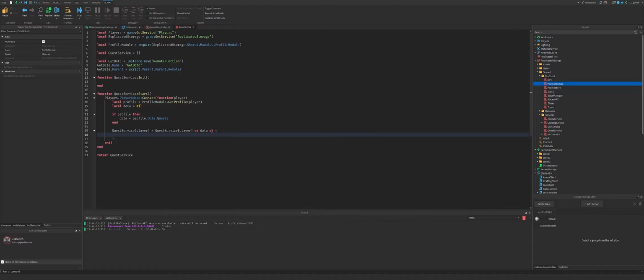empty table. And inside this empty table, we could put in all of the data we want to store for our quests. So things such as the quest the player currently has active, the quest the player can do, and the quest the player has completed. Or actually, we could just store all the quests inside the player and determine if the quest is,